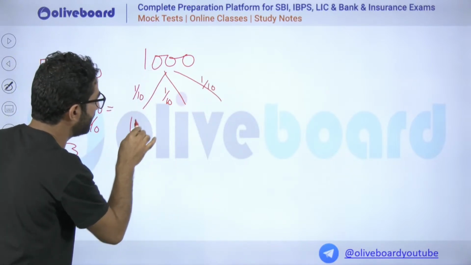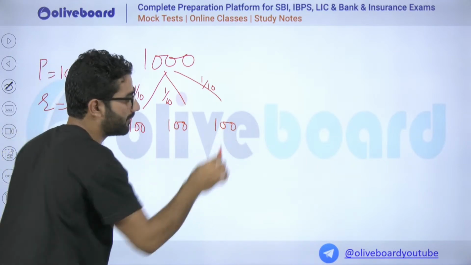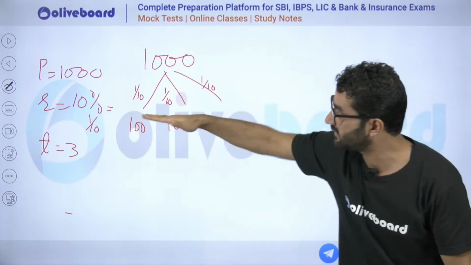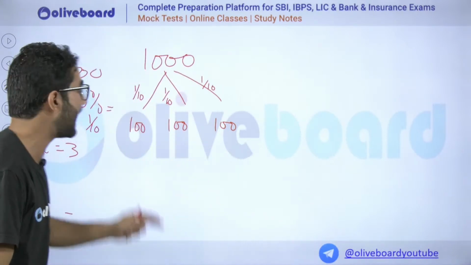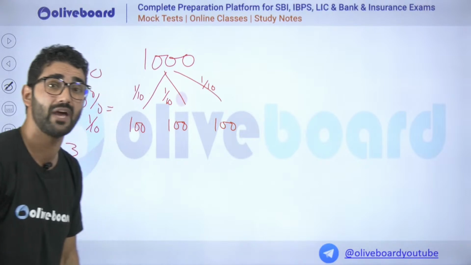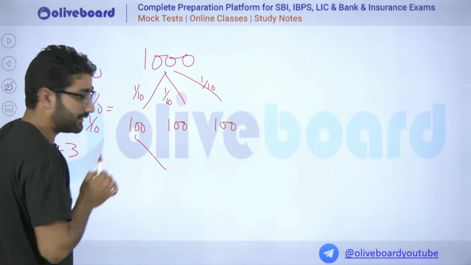1 upon 10 of 1,000 will be 100 rupees. For the second year also 100 rupees. For the third year also 100 rupees. This is simple interest. Obviously, for 3 years at 10%, 300 will be the simple interest. But we are going to calculate compound interest. For this amount,